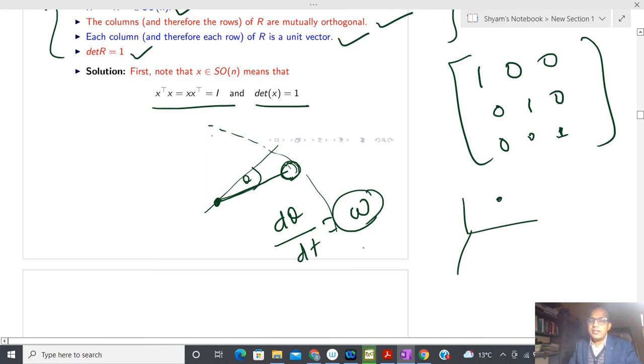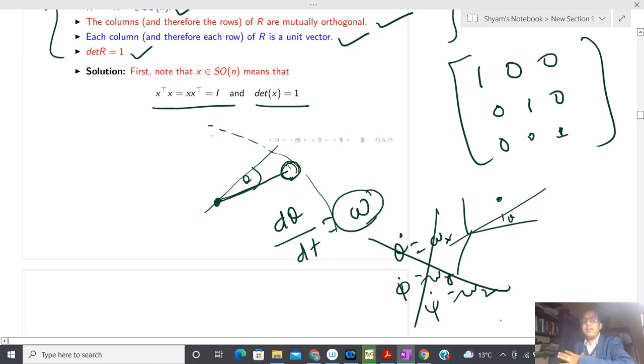Okay, so I cannot tell at this moment that theta dot equals omega x, suppose theta is the angle with respect to x, and phi dot is omega y, or psi dot is omega z. That kind of thing I cannot tell, because everything depends on each other at that time. But one can see from the property of the special orthogonal group, I know that rotation will